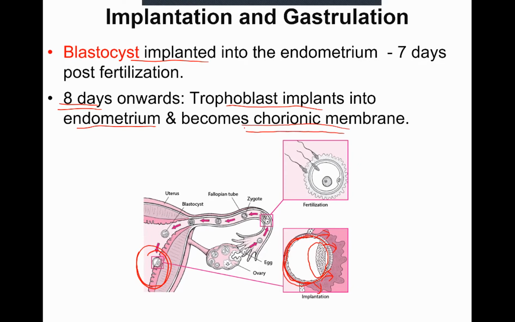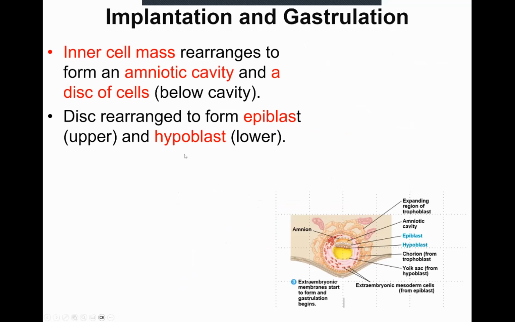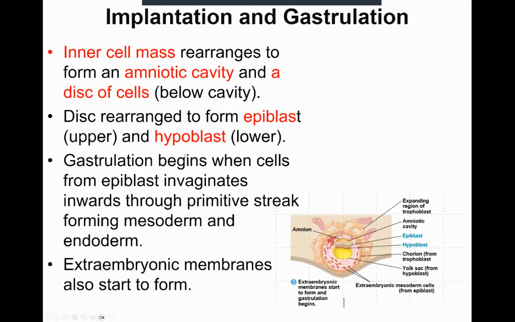Okay, what does it mean by chorionic membrane? What will happen to the chorionic membrane? So later on, the chorionic membrane will develop into the placenta. Okay, next. After the implantation, the inner cell mass rearranges, forming the amniotic cavity and a disc of cells